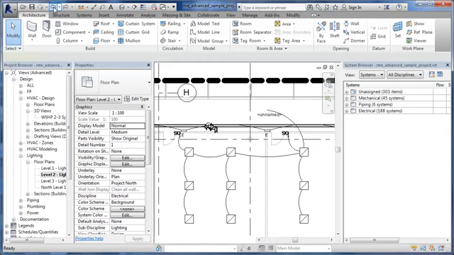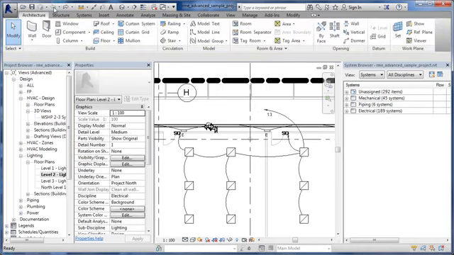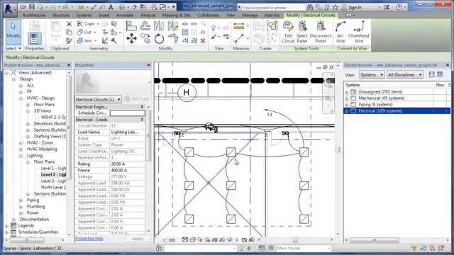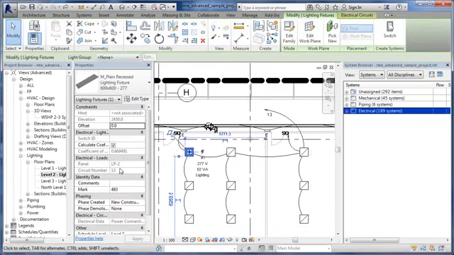A couple of undos. Right back into my edit circuit mode. Okay, bring those all back one at a time. Interesting how it lets me go back step by step by step. If I hover over here and tab again, I'm back to having my circuit. So at any point I can pick on these guys and it'll tell me that it's on panel LP2 on